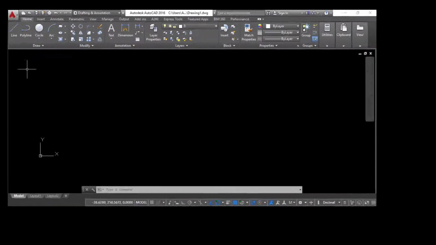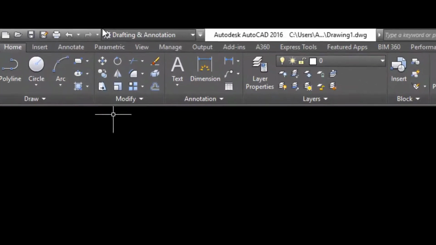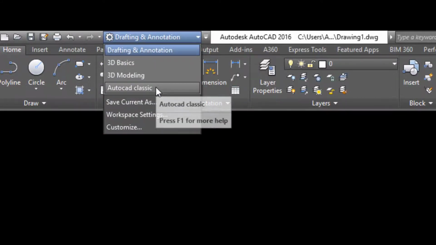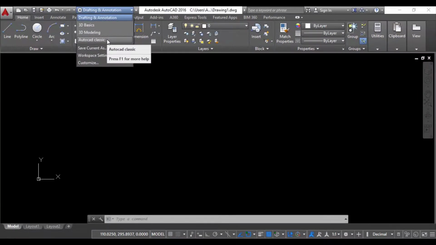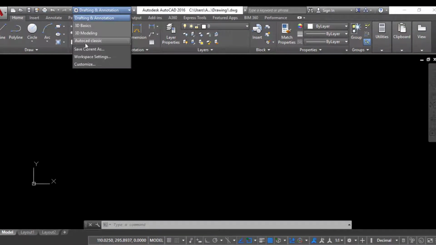Now as I click on the workspace, I have to show my AutoCAD Classic workspace in the toolbar. For showing so, we will click on the workspace setting on the top and select the AutoCAD Classic. Initially we were having only three workspaces. The three workspaces are installed by default in AutoCAD as you install the software. Now we have made a new workspace, AutoCAD Classic, which we have seen in the previous video. If you have not watched my previous video, I am sending the link on the I button up.